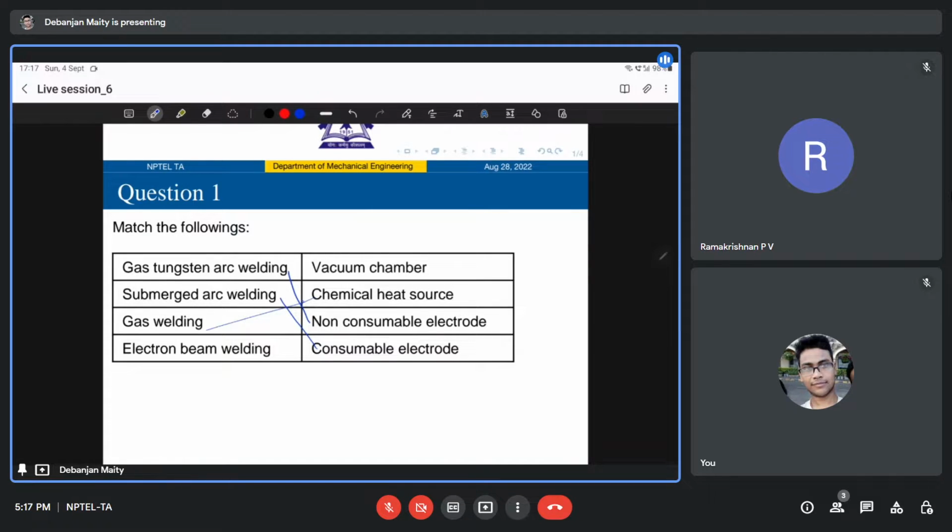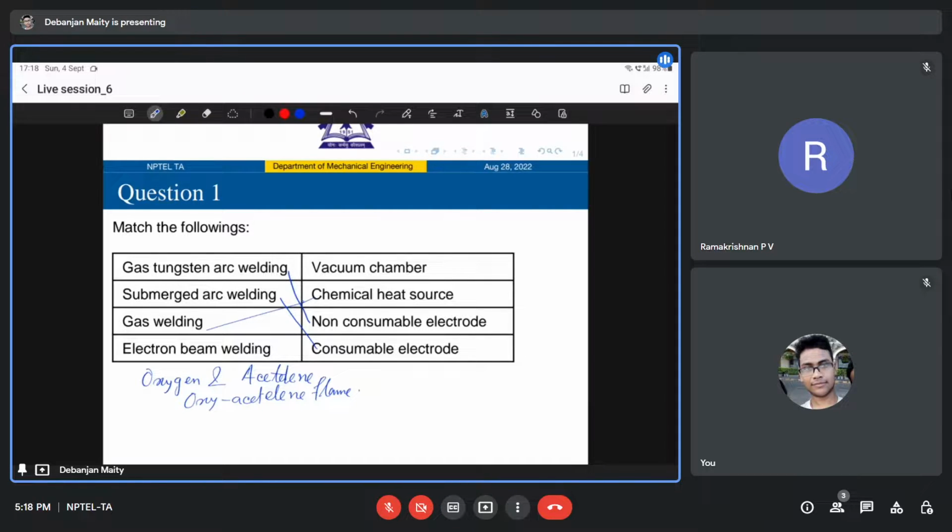In gas welding, there will be no voltage-current characteristics of a power source. It will be purely a supply of gas, oxygen and acetylene. Because of the mixture of oxygen and acetylene, you will have a flame called the oxyacetylene flame, through which you apply the heat flux over the workpiece, and you melt the workpiece and develop a weld pool